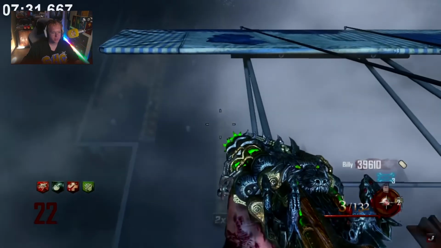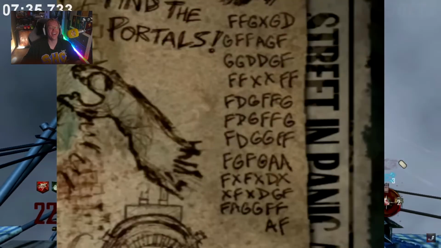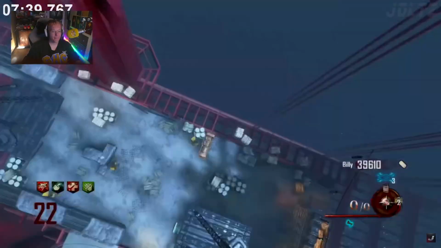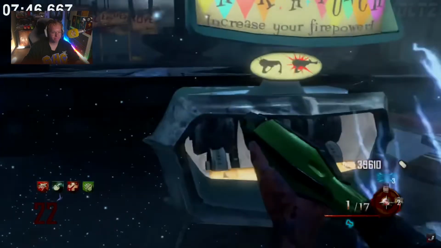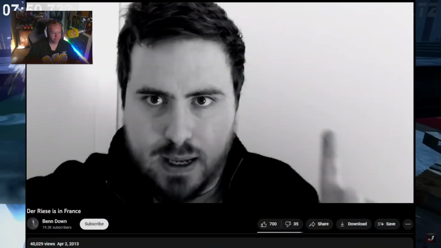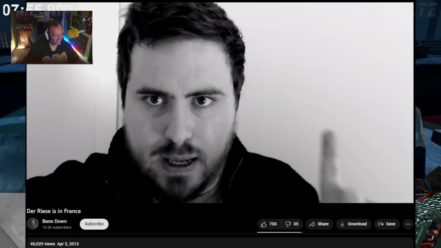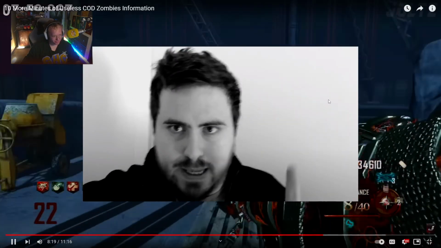If you like COD Zombies, then chances are you've heard of the ADFGX cipher. Well, that's solved, and it's pretty crazy what we found out. This message translates to urgent, the giant is in France. But what makes this even crazier is someone by the name of Ben Down, and yes, I know his name is funny, uploaded a YouTube video. What? His name's not funny. Mob of the Dead even came out saying this. The race is...